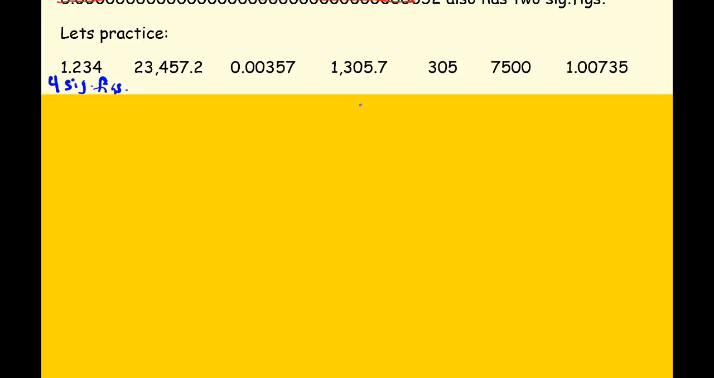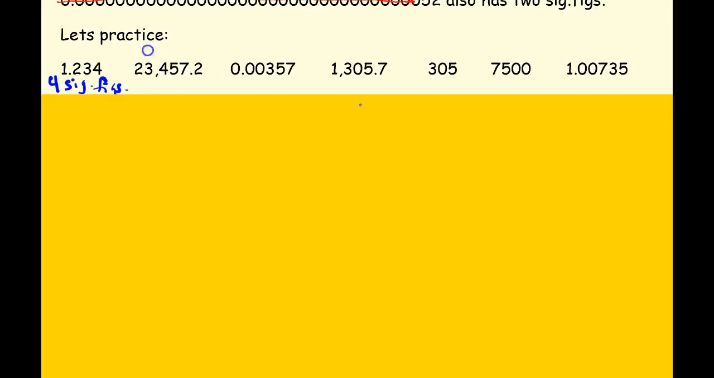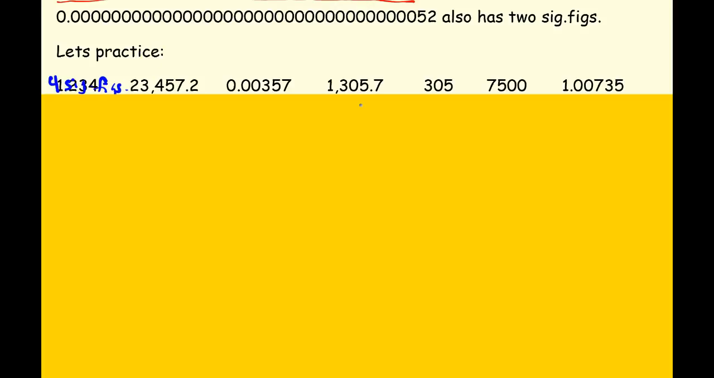The second example we have here is 23,457.2. Again, all these numbers are non-zero numbers, therefore they all count as being significant. So we have 6 significant figures in this case. The next example we have is